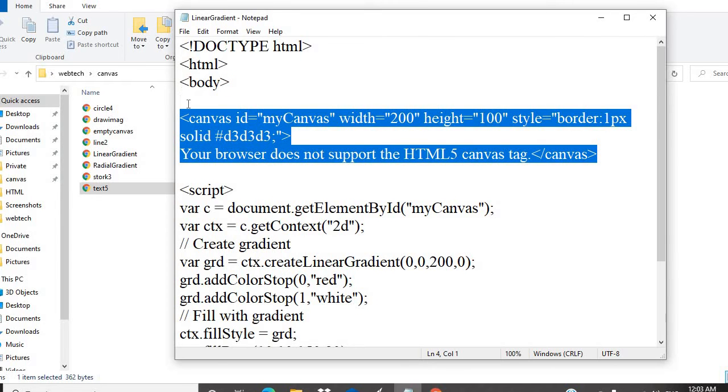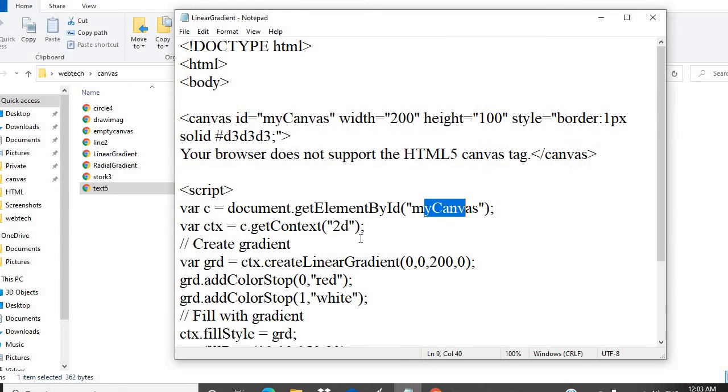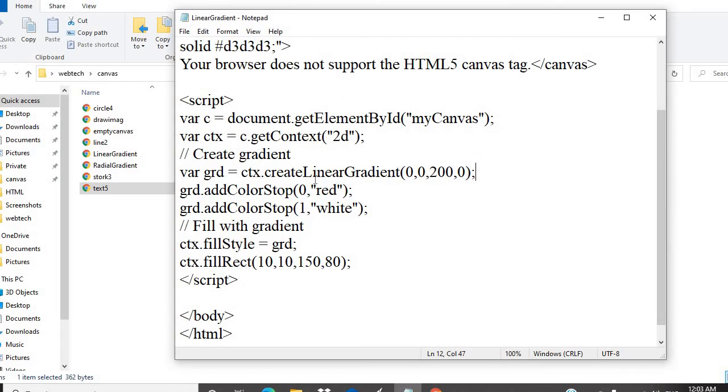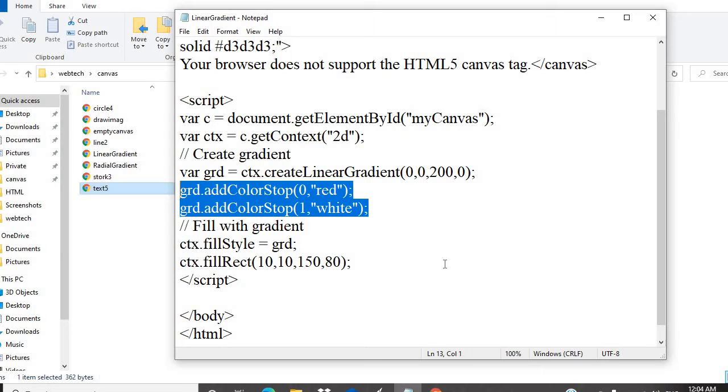Same procedure. First of all we have to create the canvas ID. Call it. This is an object created for the particular function. Through this object, this function gets fetched, and the 2D shape I will get. Now this is nothing but to create the gradient effect. Over here the x and y coordinates decide how many lines you want, and that can be decided with the help of this statement. Then which color you want to fill, these options are over here. If you want more colors, go on putting in this statement. With the help of this, it will fill the gradient to my particular shape.